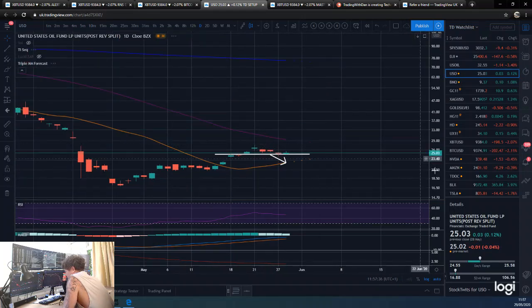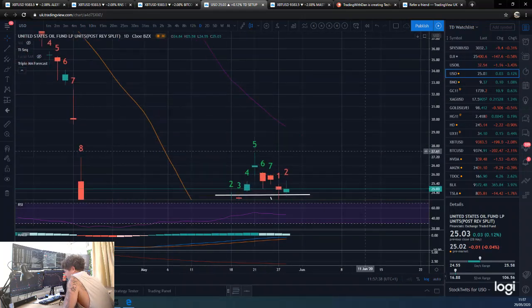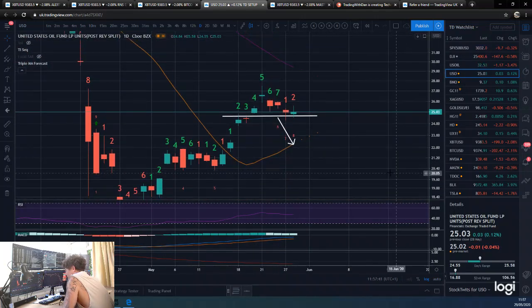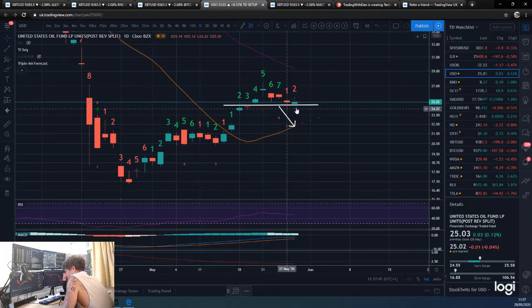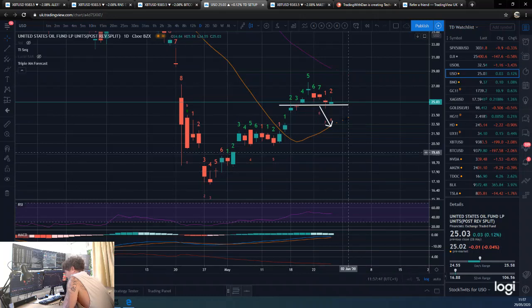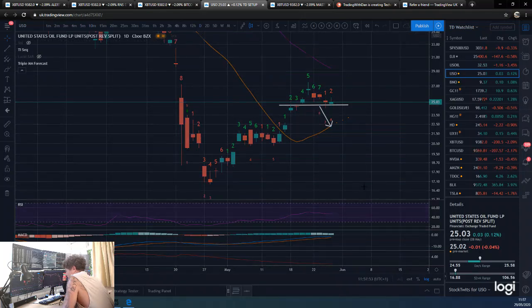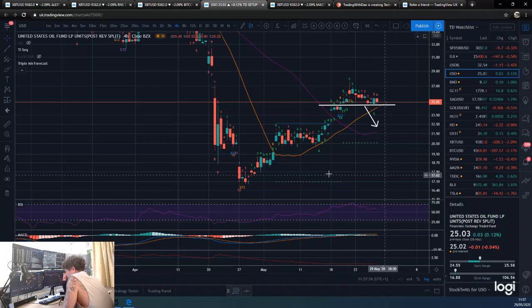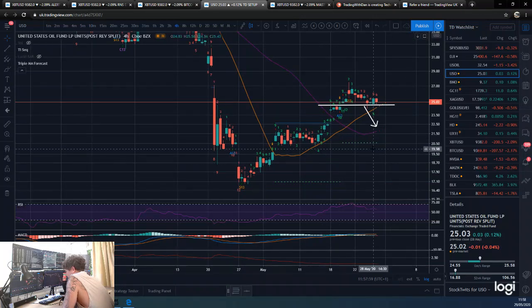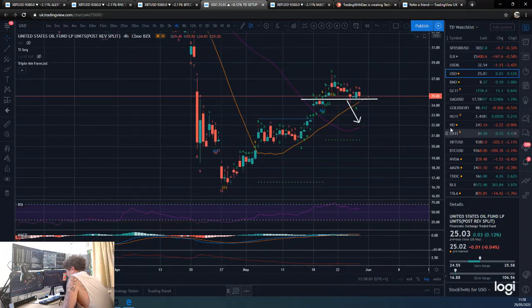USO, let's have a look at USO. Same picture. I mean, movement wise, it's quite correlated to oil. Would you believe it? So yeah, still waiting for the breakdown here, which, like I said, we may never get. This is an important level for us to break down. If we don't break it down, we'll be going back up. This is clearly based off a 4-hour 9. Yeah, the 4-hour 9 there. So yeah, there's another trade idea there.